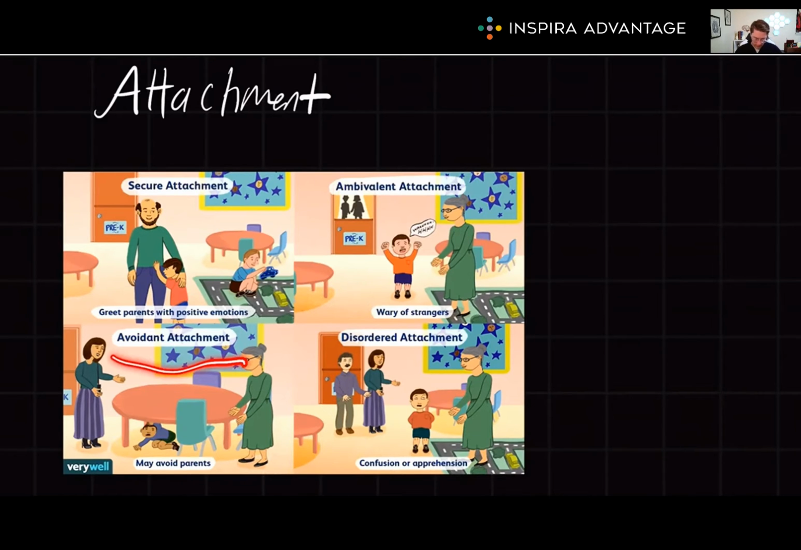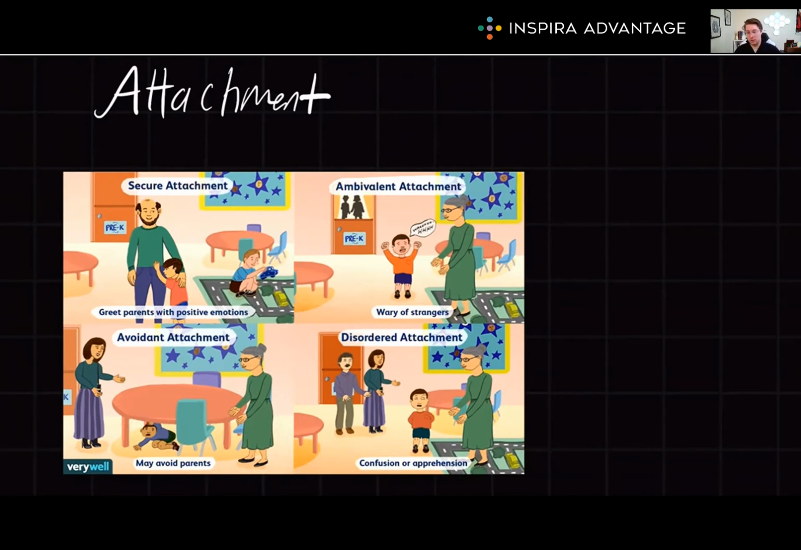Next, we have avoidant attachment. Notice the kid under the table. This results from caregivers who provide little to no response to a distressed child. The child shows no preference for the caregiver compared to strangers and may avoid seeking comfort from the caregiver. Next, we have ambivalent attachment. This develops when a caregiver inconsistently responds to a child's distress. The child will become distressed when the caregiver leaves and is ambivalent upon their return, often seeking comfort, but also